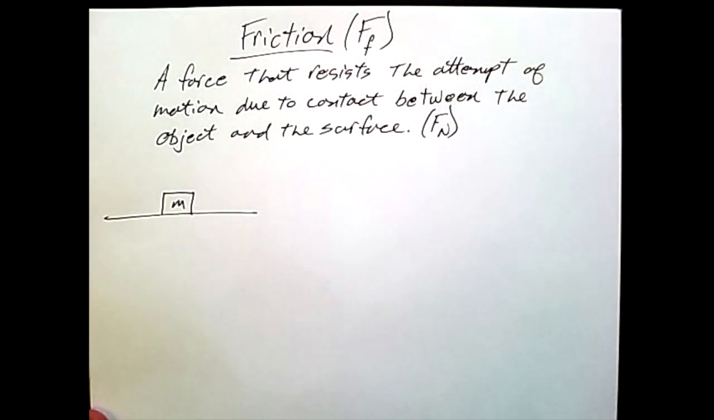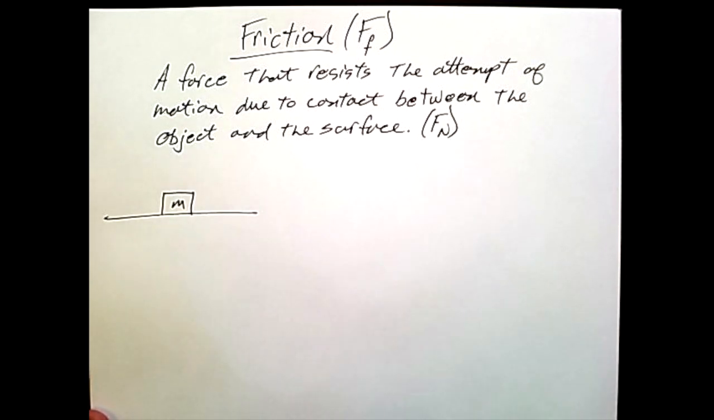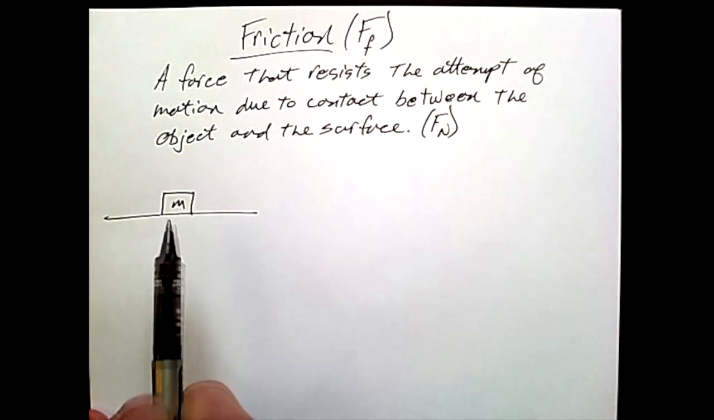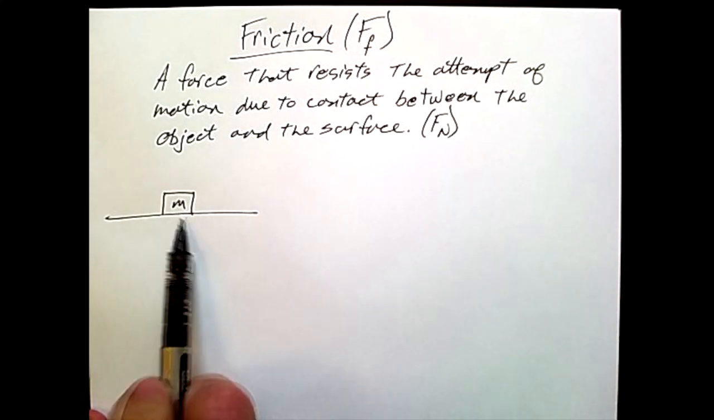Friction is defined as a force that resists the attempt of motion due to contact between an object and the surface it's on. We've already discussed that the contact between the object and the surface it's on is the normal force. And so if we analyze a mass on a surface like a ground or the table,